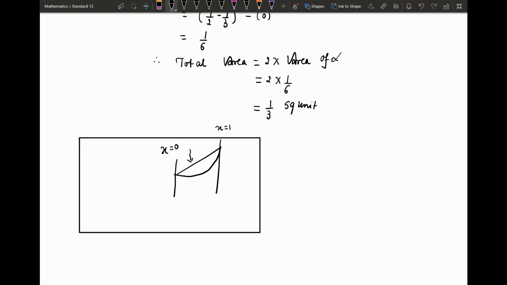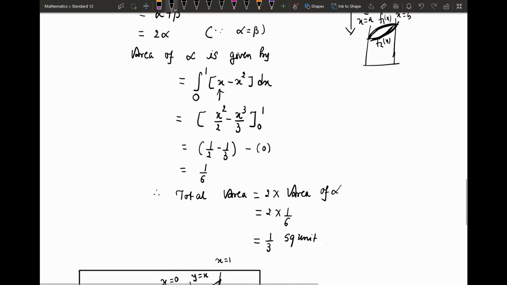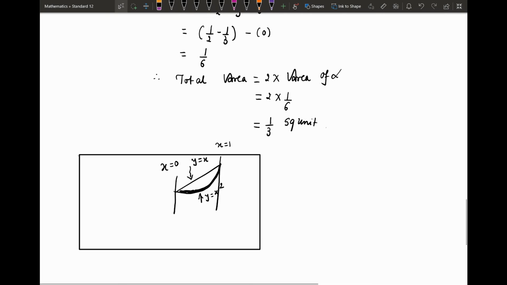Y is a function of x, here y equals x, and here y equals x square, because it is a curve which is a parabola. From the equation of the parabola, y equals x square, so x minus x square. When we take x minus x square, from x we will get the entire area,